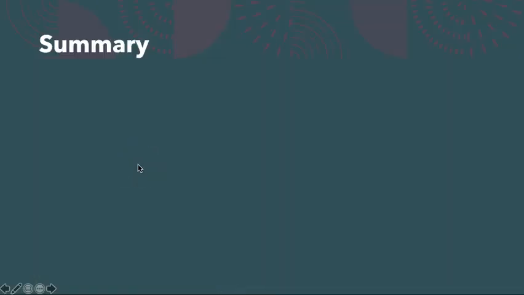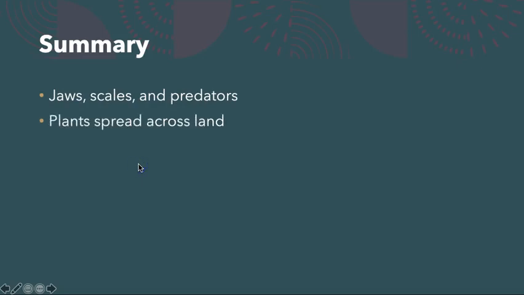In summary, during the middle of the Paleozoic, during the Silurian and Devonian periods, life continued to evolve in shallow, warm seas. Coral reefs thrived and fish developed jaws, scales, and some adapted to become ferocious predators. Plants spread across the land and developed adaptations that allowed them to diversify, grow, and colonize the landscape, such as vascular stems and seeds. An ice age caused another devastating extinction event, and mountain building happened along the eastern margin of Laurentia, as continents and